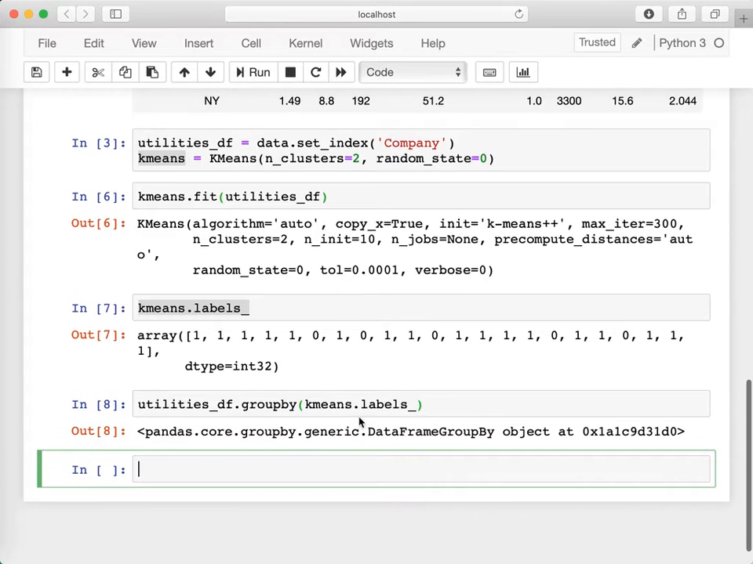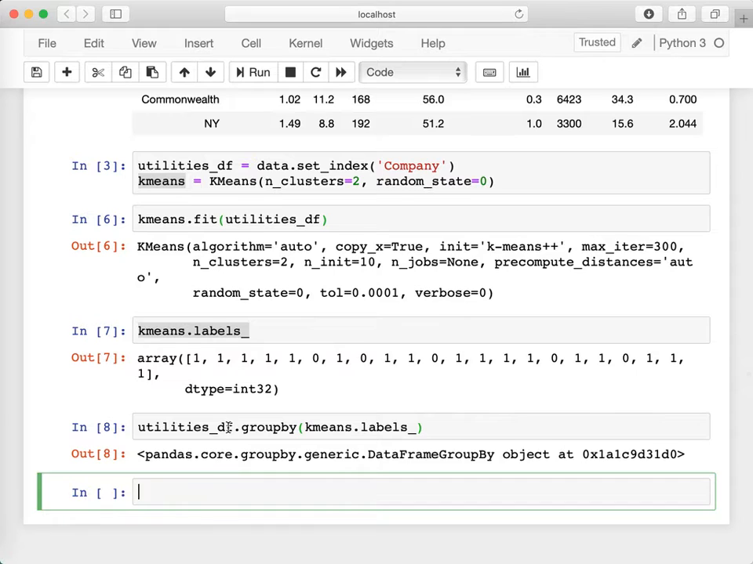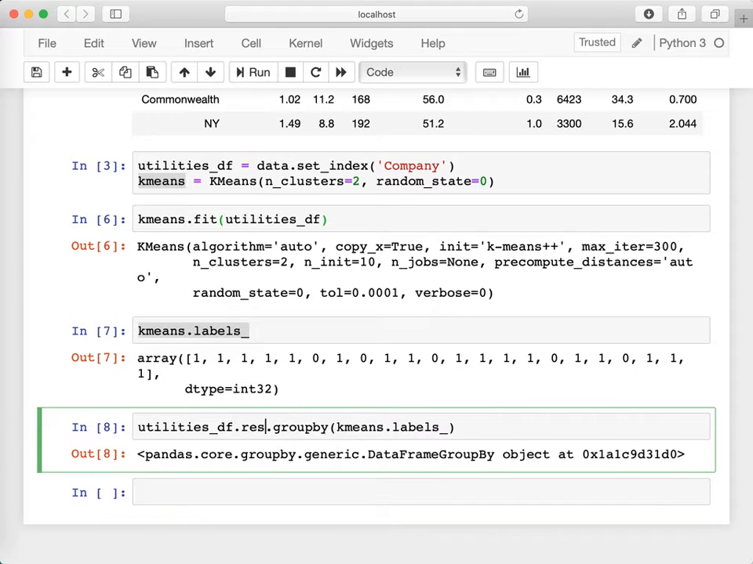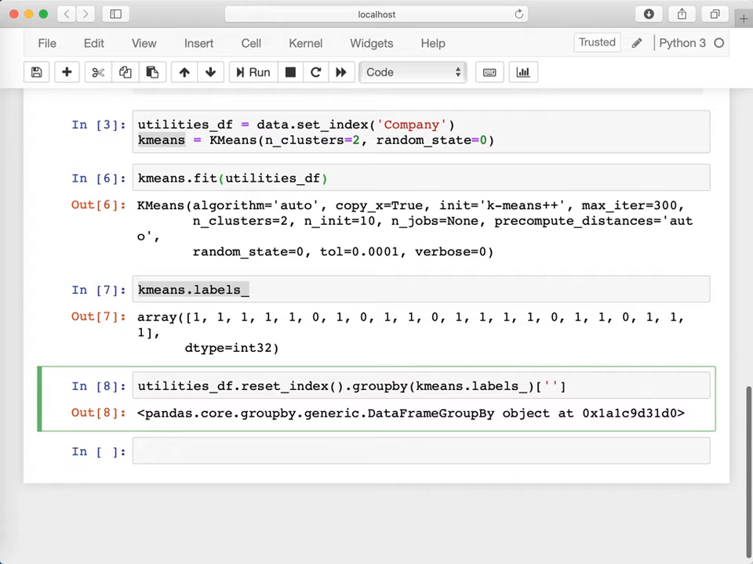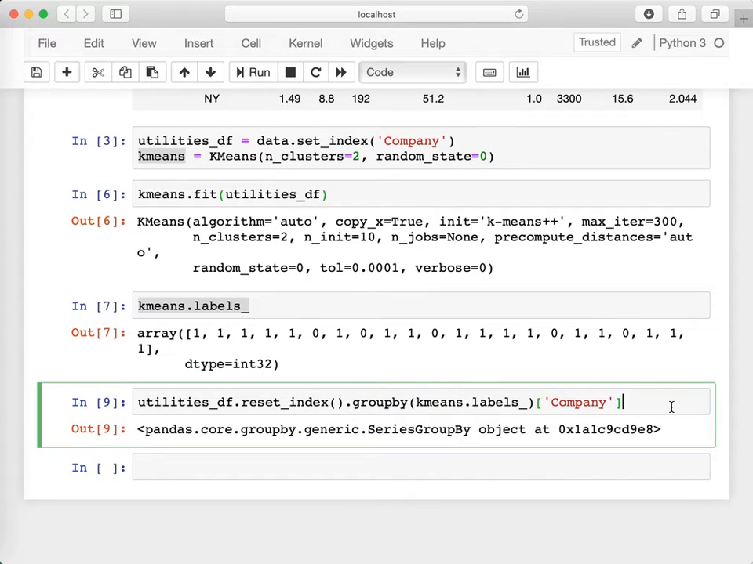Now, what I'm looking at here, I'm basically looking to group the names of the companies, and the names of the companies are on the index. So I'm going to bring the index back to being a column, because I want to take a look at this company column again. So what do I do with this one? I basically want to see each company, what companies are grouped together in these